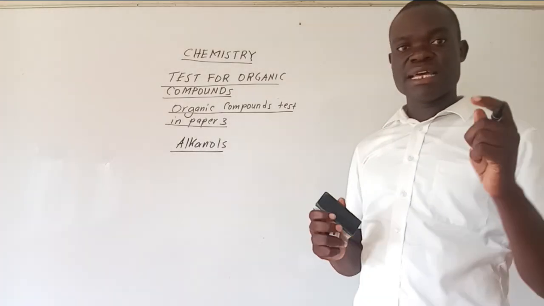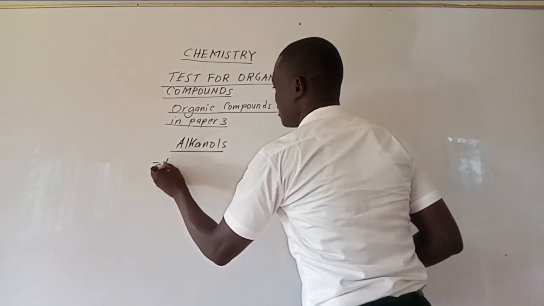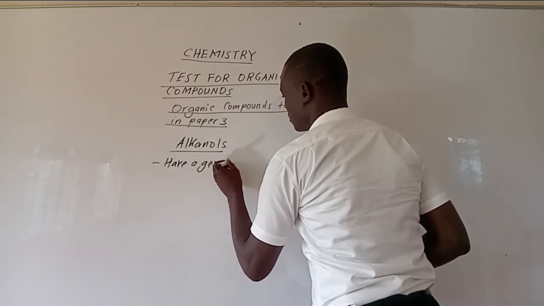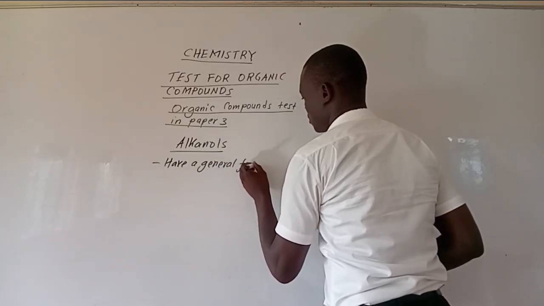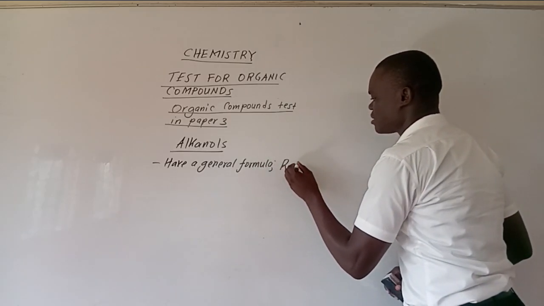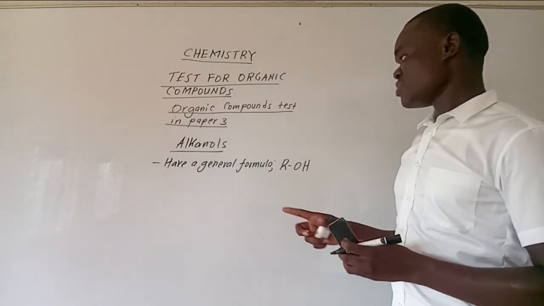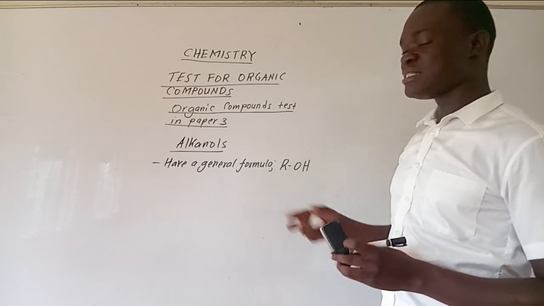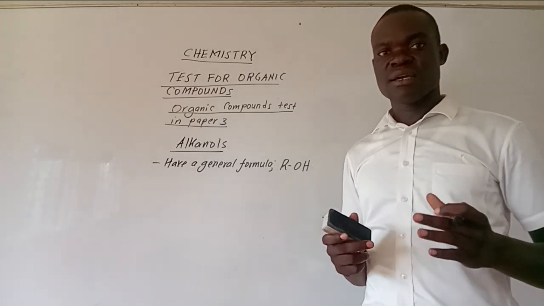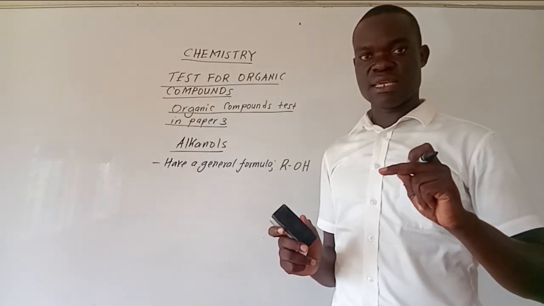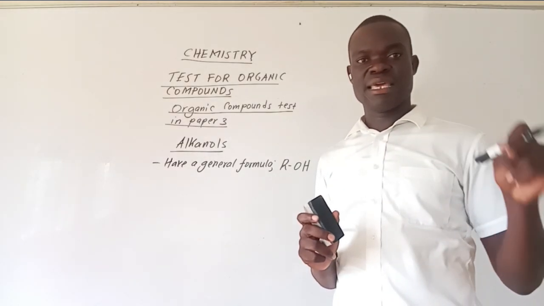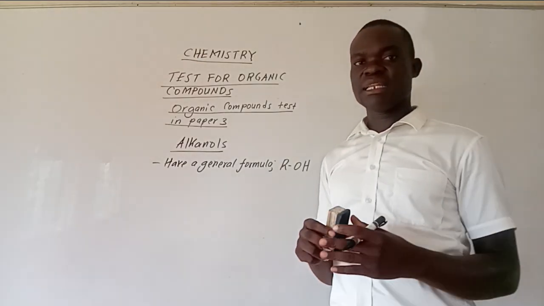So alkanols have a general formula. This is the general formula, R dash OH. So you see this ROH, R means alkyl group. We learned that alkyls are alkanes minus one hydrogen. So when from an alkane we subtract one hydrogen, it forms an alkyl group. So in the structures,